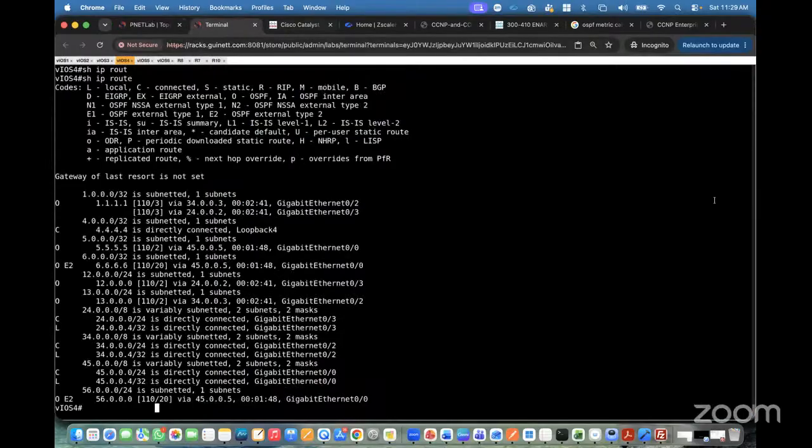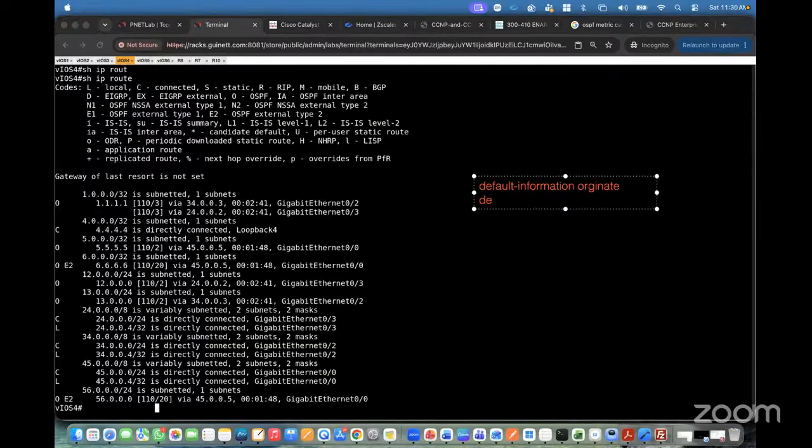There are two commands. The one is going to be default-information originate. Another command is going to be default-information originate always. Okay. So we have to understand the behavior of these two commands to inject the default route